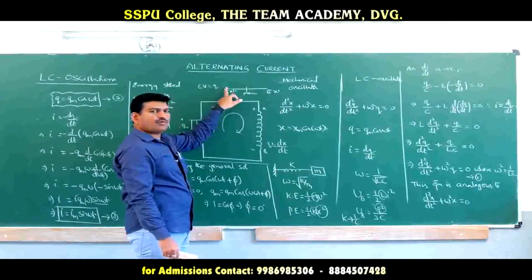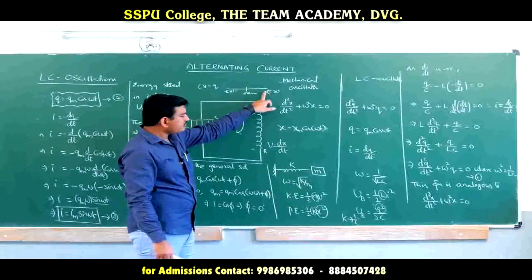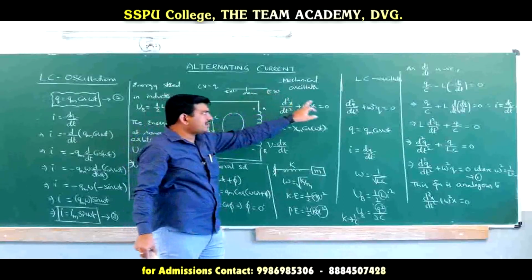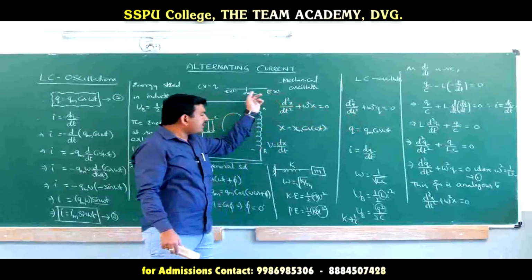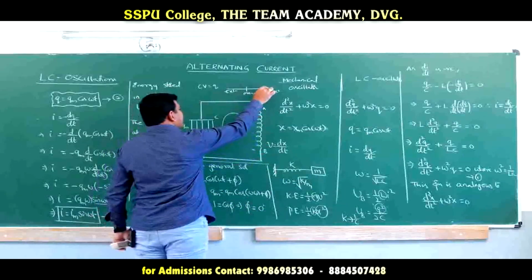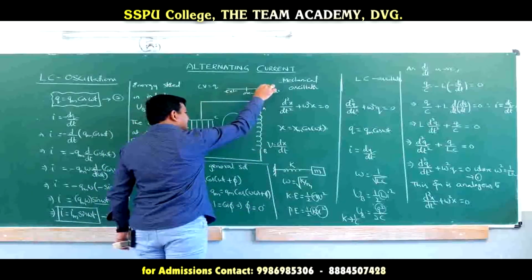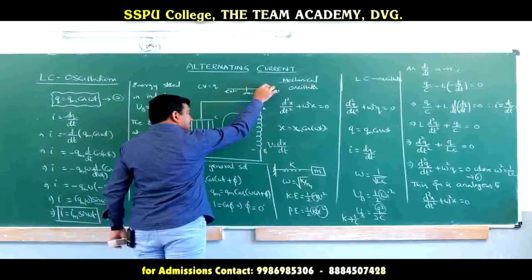At the other extreme, potential energy is maximum, kinetic energy is 0. In the similar way, what happens? The potential energy term is related with whom here? The potential energy term is related with the electrostatic potential energy of the oscillator, and kinetic energy is related with magnetic energy. Therefore, at the extreme case, when potential energy is maximum, electrostatic energy is maximum. Therefore, magnetic energy is 0.